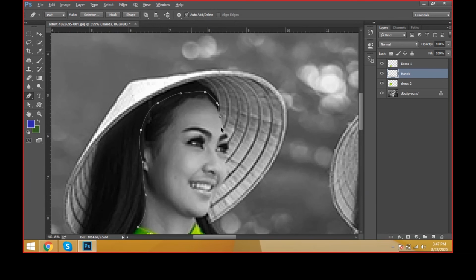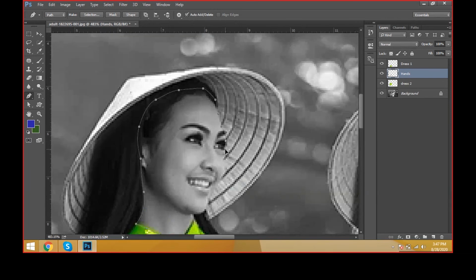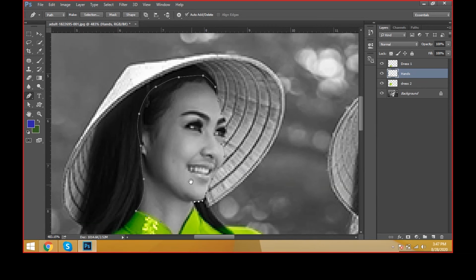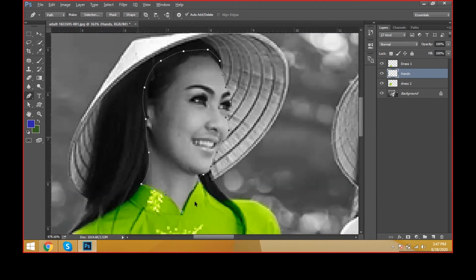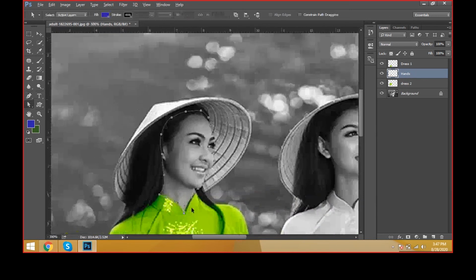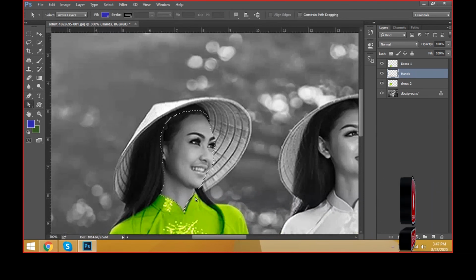I'll explain why I kept it rough here. Like this. I just took it like this and Control Enter for path selection.